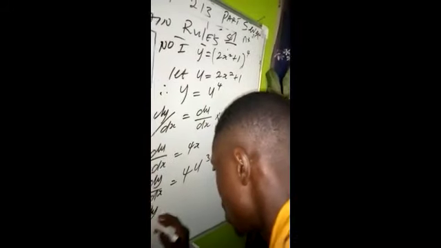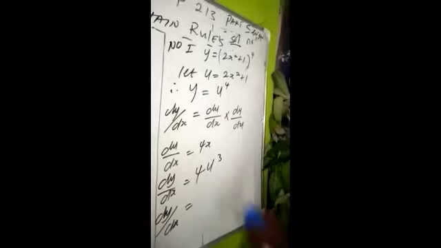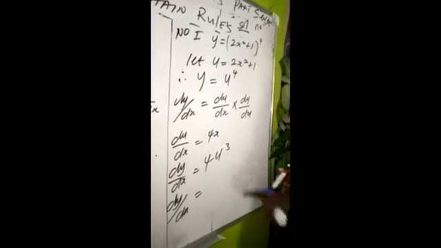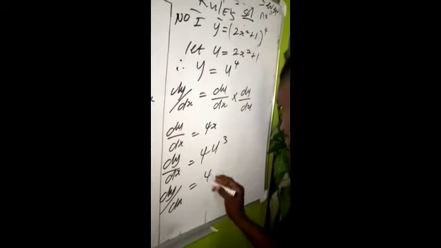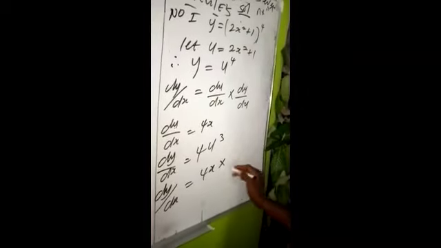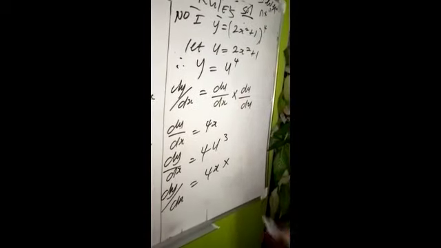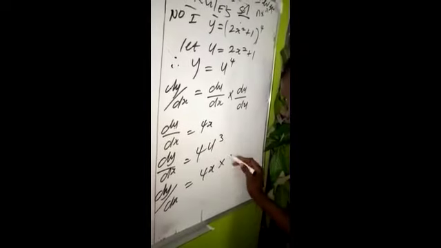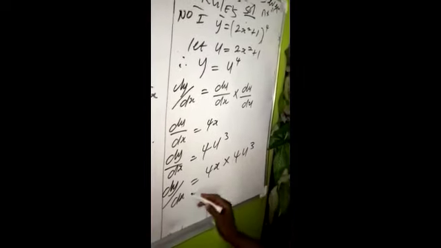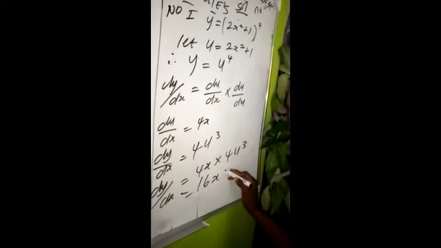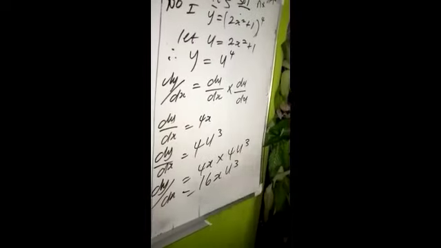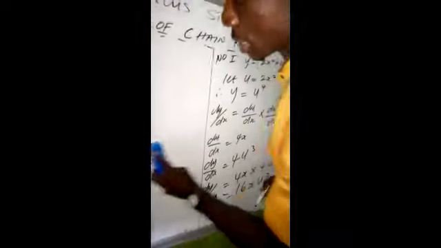So for us to get the final answer, dy/ds is equal to du/ds, which is 4s, times dy/du. So dy/du is 4u raised to power 3. When you multiply, 4 times 4s is 16s, times u raised to power 3. So for you to get the final answer from here,